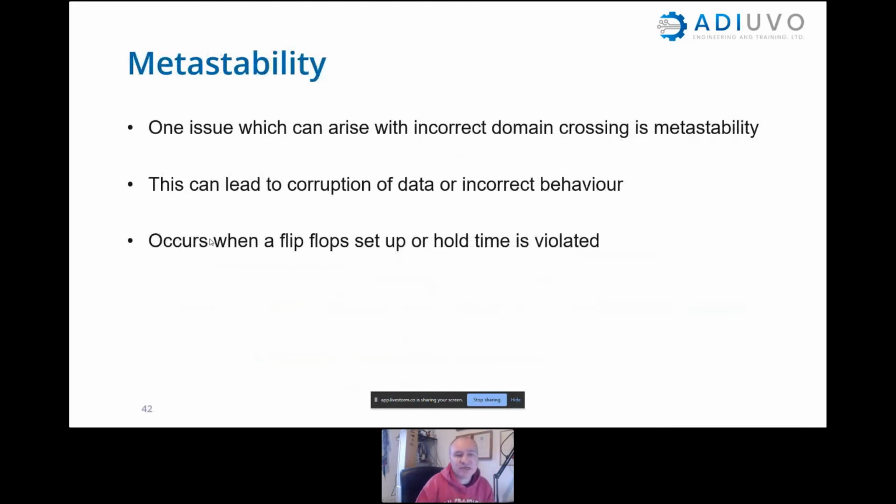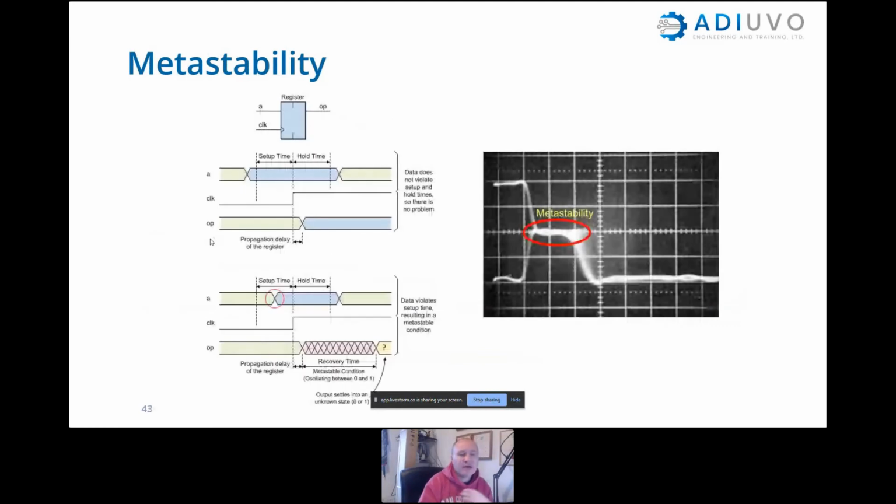If we get metastability, obviously we can get this when we do clock domain crossing, and this occurs when we violate essentially the setup or hold times of the flip-flops, and it leads to corruption of data and incorrect behavior. If we have metastability and we violate this setup or hold time, what happens is the flip-flop will go to a metastable state somewhere in between 0 and 1 before falling out to either a 0 or a 1. And if we don't take this metastability into account in our design, then it can cause a significant impact on the performance of our design. So we need to consider this and make sure that we mitigate it